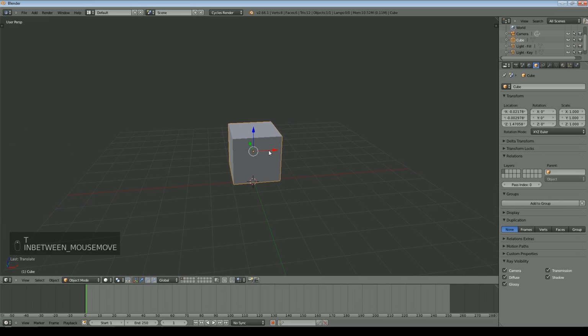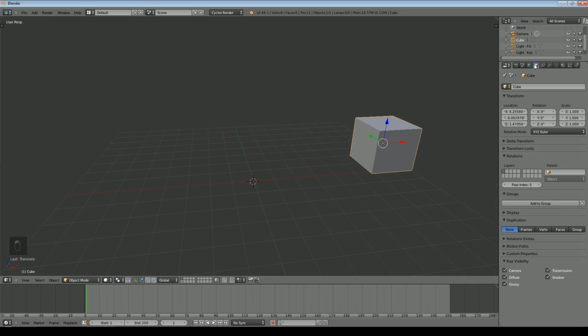So what we'll do is we'll start the cube over here, and if I come over to this setting here, you can see a number of parameters associated with the cube are listed. So we've got rotation, its location in the 3D world, and its scale. Pretty much any parameter that you can get to, you are able to animate. The main key that you will use for that is I.